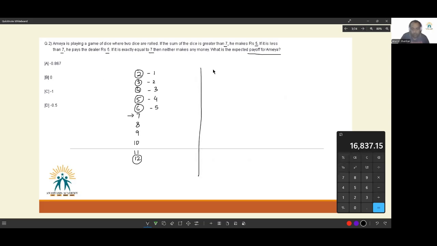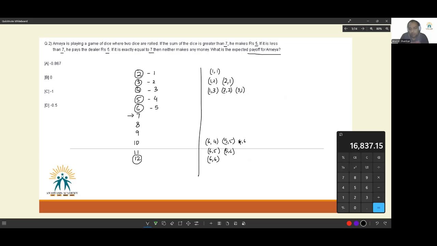I was trying to be lazy, but I think I should write it down. You get 1, 1 here. You get 6, 6 here. The one case. For 3, you get 1, 2 and 2, 1. And for 11, you will have two cases, 6, 5 and 5, 6. For 4, you will have 1, 3, 2, 2 and 3, 1. For 10, you will have cases of 6, 4, 5, 5